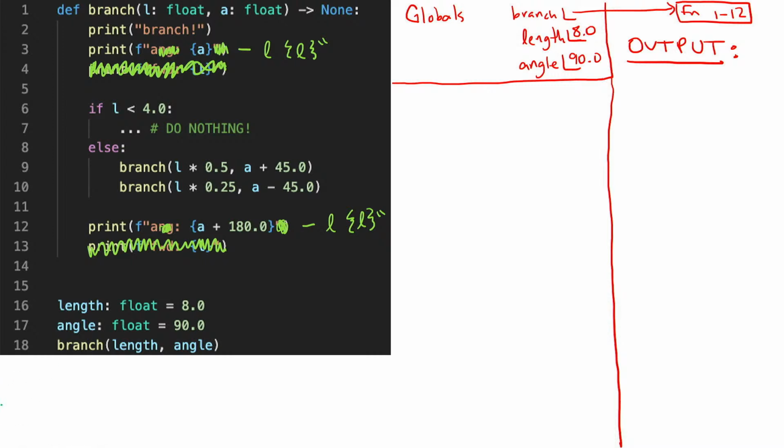I'm going to add the first 2 lines of print just to try and make it very clear. I'm not going to add my frame yet, so this is getting a little bit ahead of the frame setup, but it would say branch. Actually,